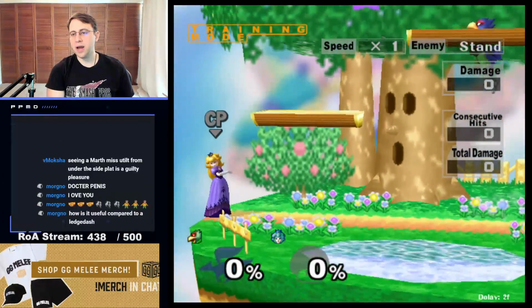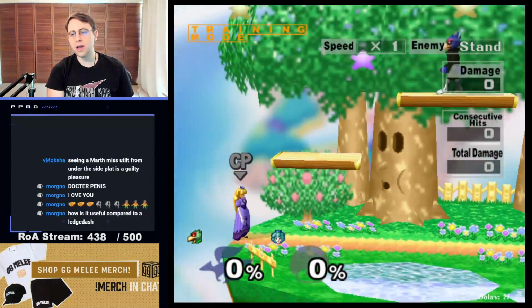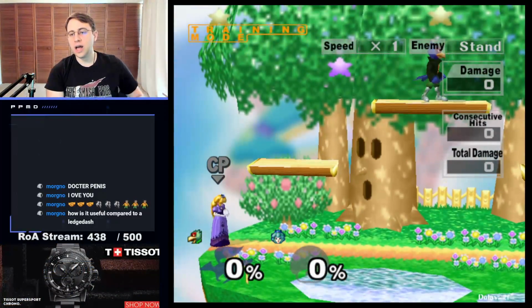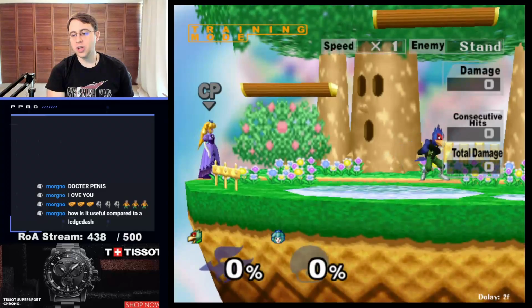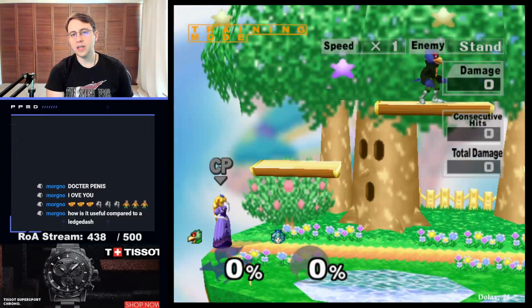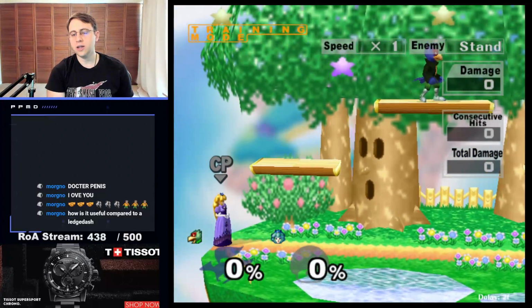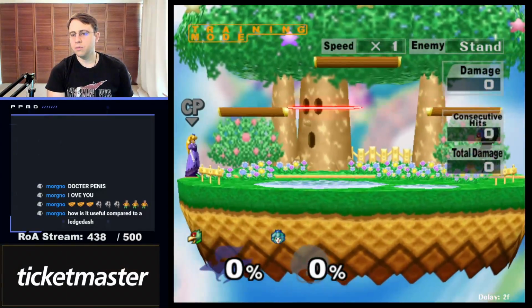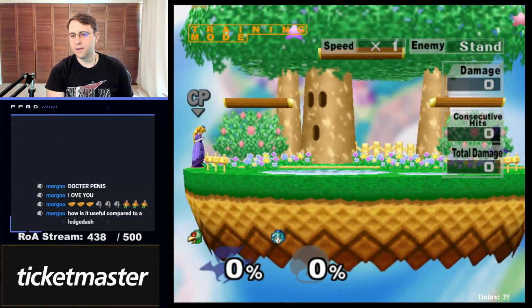But the point is, of course, we are able to get back, and you can see that Falco has a little bit of leeway to get onto the top platform. That's going to be very valuable for him because that's going to allow him to chase someone up if he shines. You can chase someone up and get a punish, shine, down air shine, or whatever. And so you're going to see that...